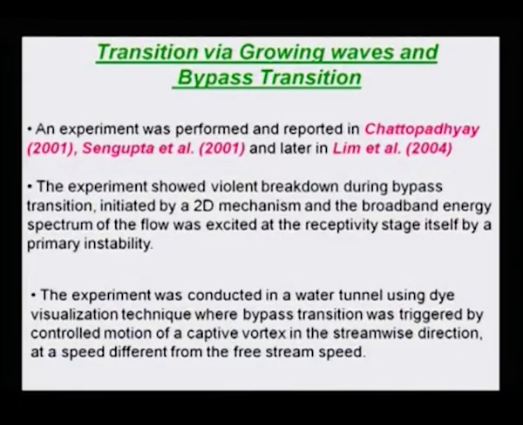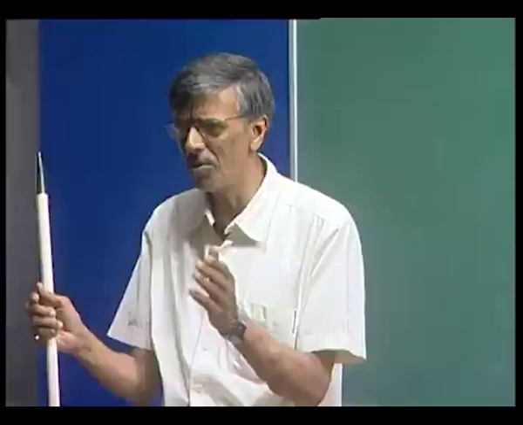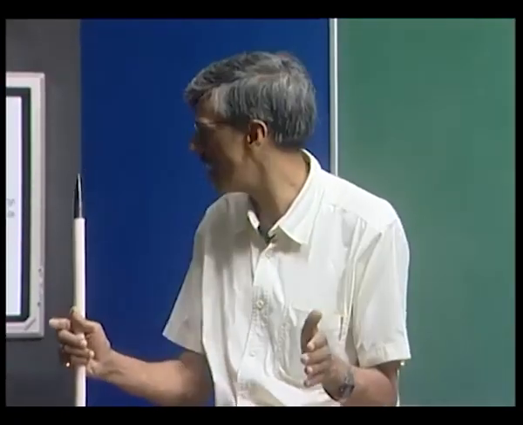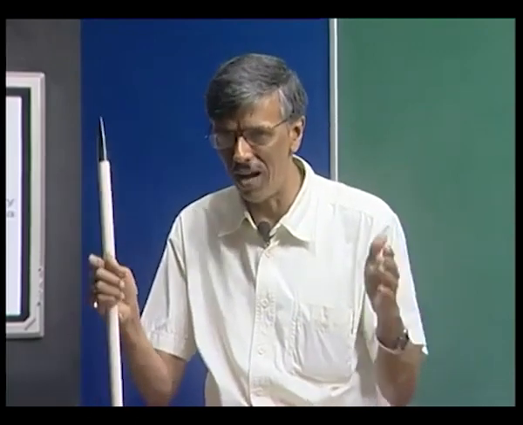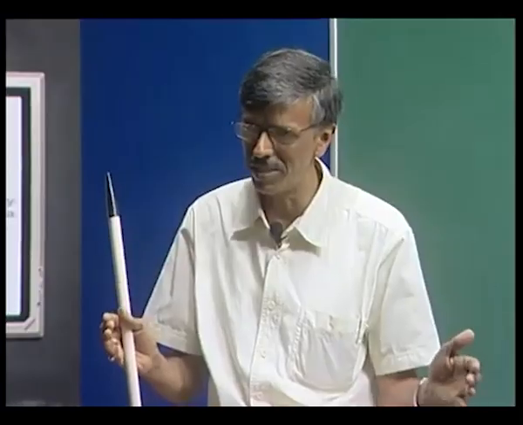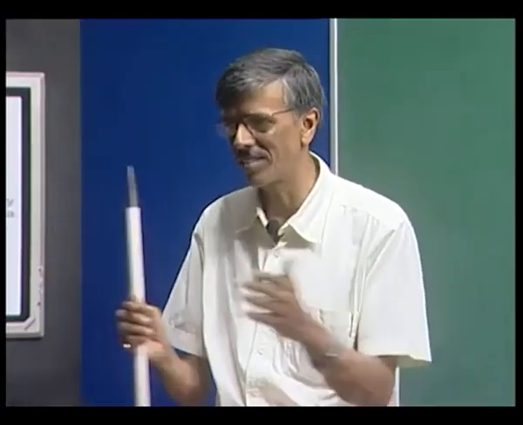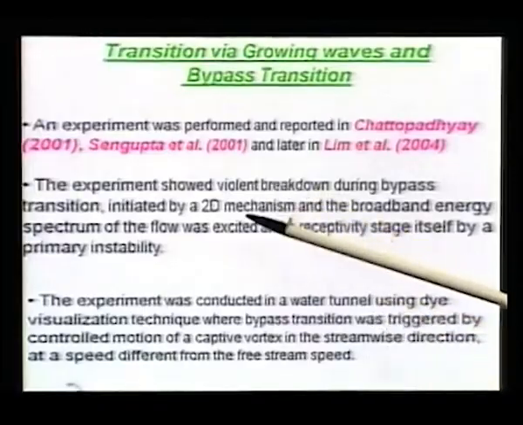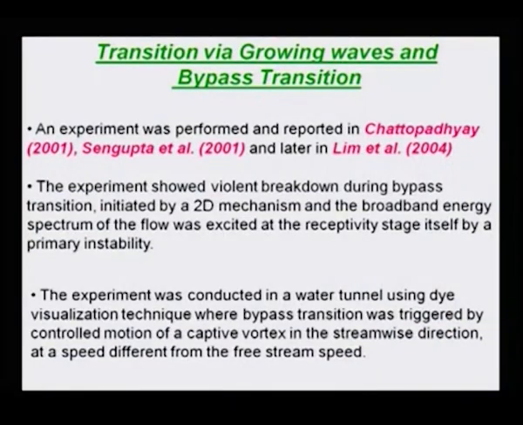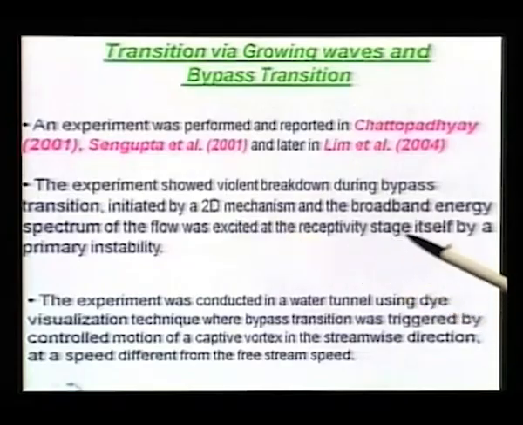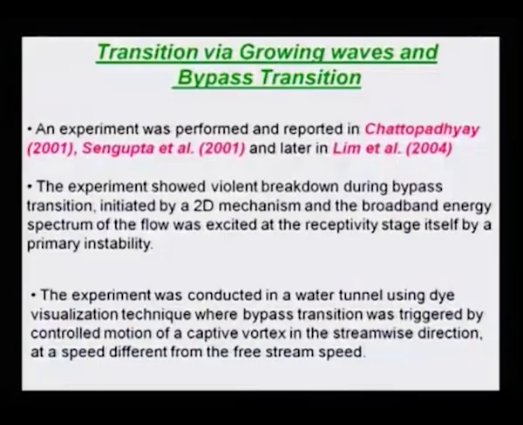So we had to initiate something which was really a two-dimensional mechanism. Because if you are doing an experiment in a wind tunnel, and you also have transition to turbulence, and you have the sidewalls, and you have the three-dimensional thing, then all those reflections, etc., are going to queer the pitch completely. And that's what we decided, that we'll have to do something very original, by which we'll keep the flow essentially two-dimensional for the disturbance flow, and then we'll see the energy spectrum.